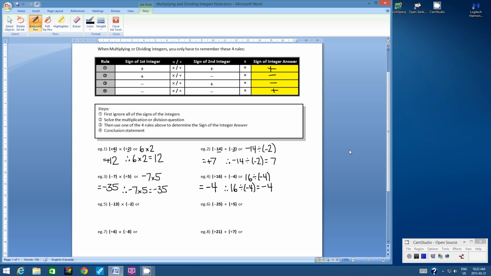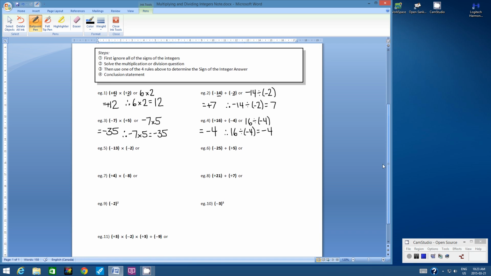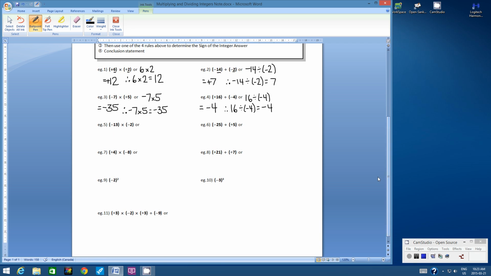Okay, so the next few examples are very similar. So I'm going to leave those for you to do on your own, but we're going to jump down to example 9 and 10, where we introduce a new thing, exponents. Okay, so let's go to example 9. Negative 2 squared. Now we have to understand what that means. So negative 2 squared means negative 2